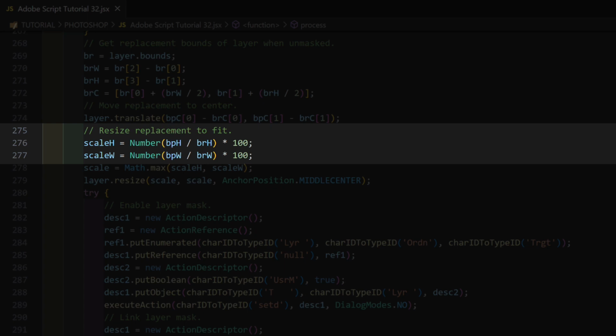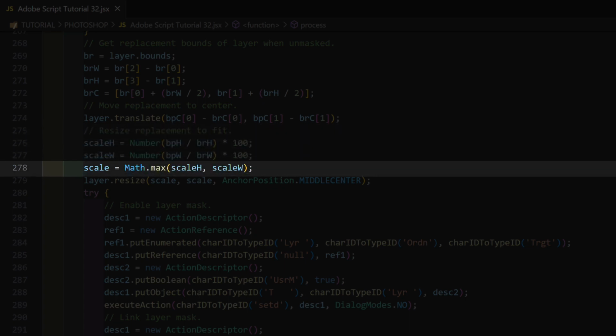We want to scale proportionally, so choose one of the scale percentages, either the height or the width. Use the math method max to choose the greater of the two. That ensures the replacement fills the area. To show all of the replacement image, instead use the math method min.